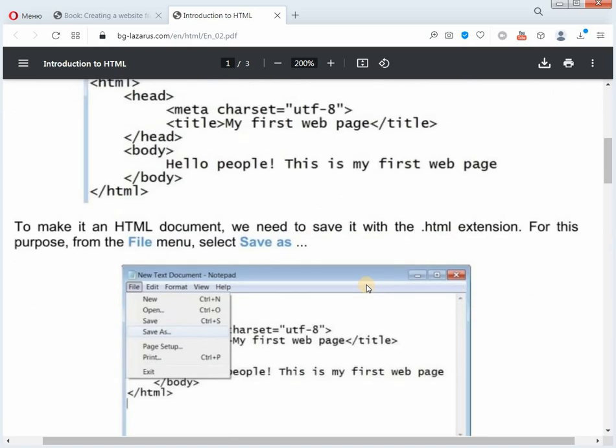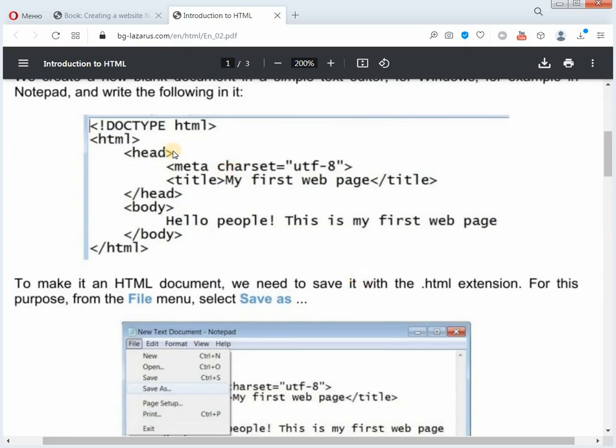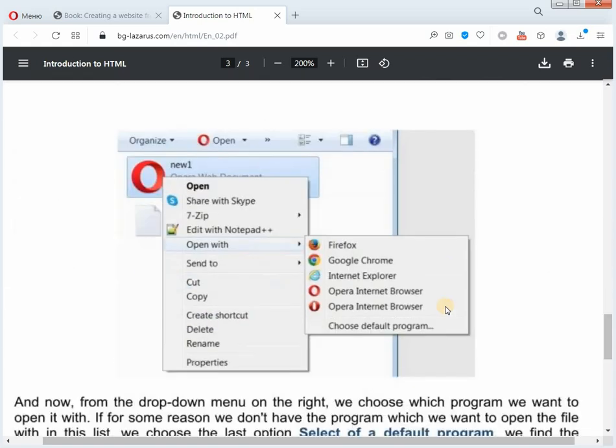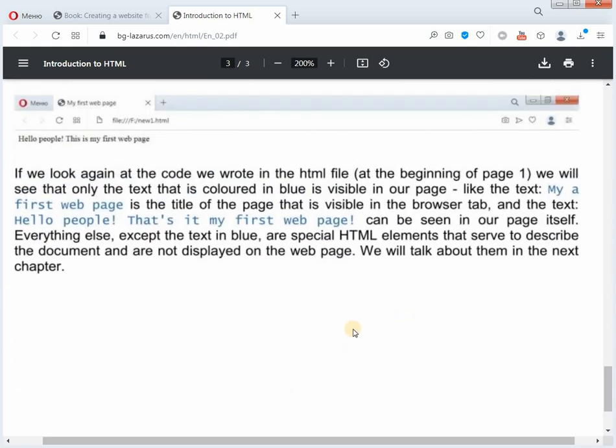Let's get back to it again and let's look at it. Factually, only this one is visible: My first web page, as the page title, and the second between the body tags is visible in the body of our page in the web browser. So, and everything else, as we said, are special HTML elements, which serve to describe the document, and are not displayed on the web page. We will talk about them from now